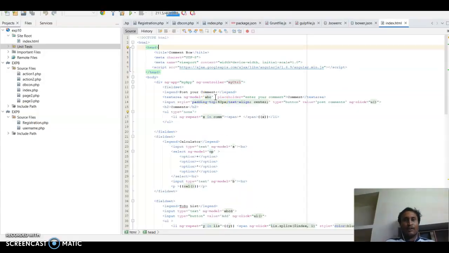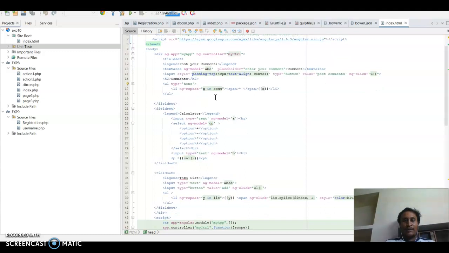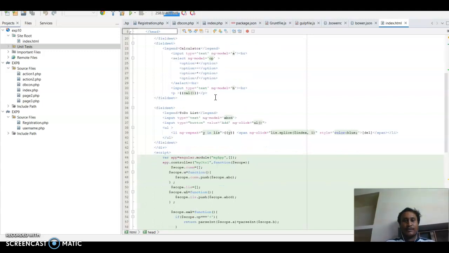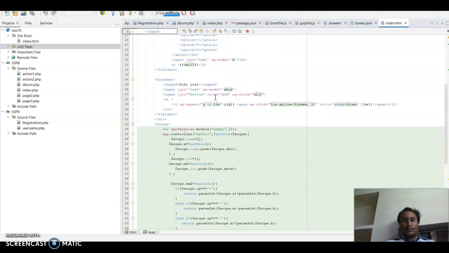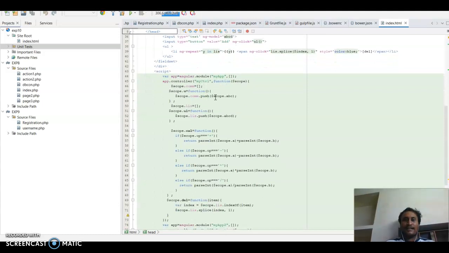Block type HTML, comment box, JS, viewpoint, Ajax. By using Ajax, my app, post your comment for adding comment section, comment and calculator, ng-model, calculator plus, minus, star, divided by, and text ng-model, and to-do list type, model, ng-model, type value, my ng-click, ng-repeat, ng-click, ng, and style color blue, and app is